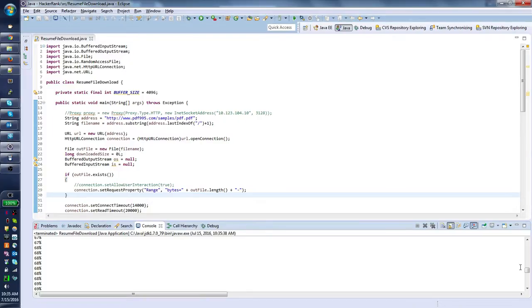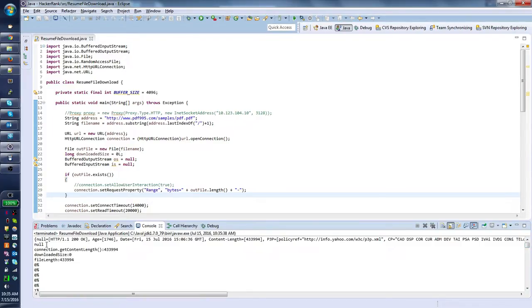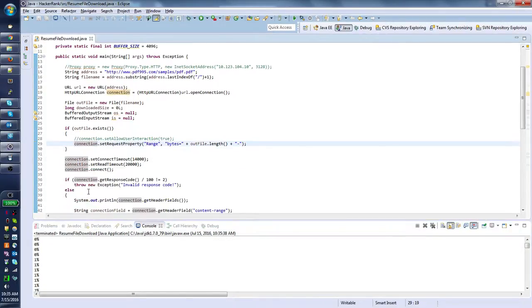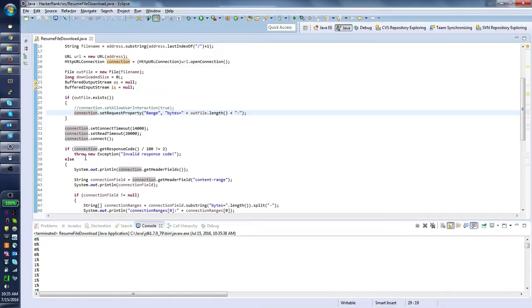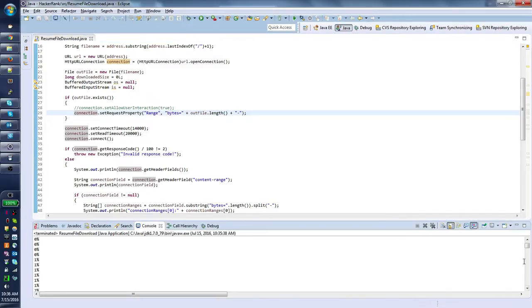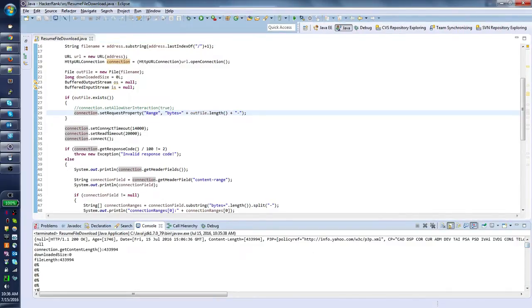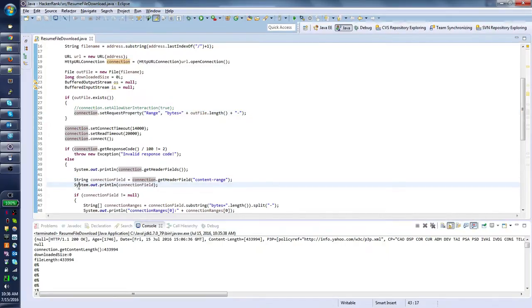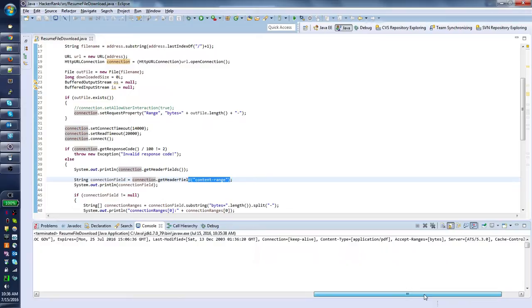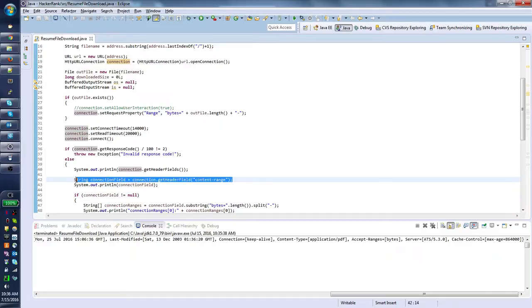We can tell that because the connection field, the content range, is blank. So the content range will appear, it doesn't appear here. So this header field will only appear